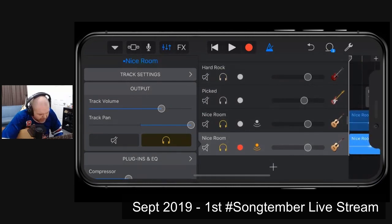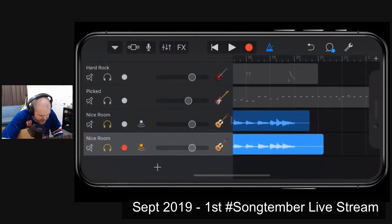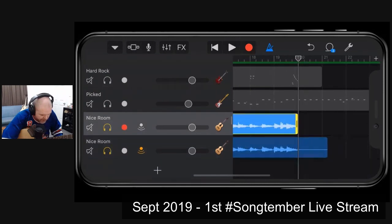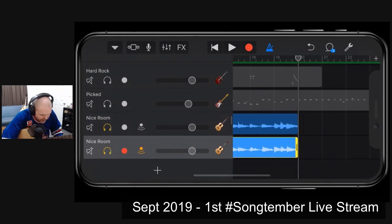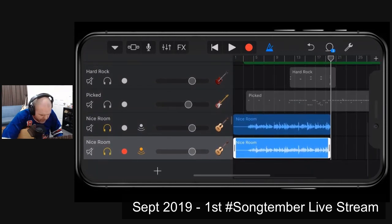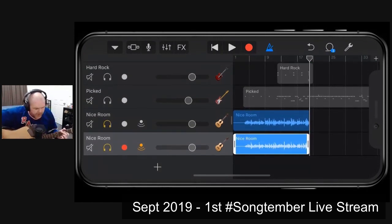What I then want to do, for now, is just loop these. So that's the end part there. You know what I mean. We probably just want to loop those around. I might play those in afterwards because what we're then going to do is bring in a guitar that's going to do a...